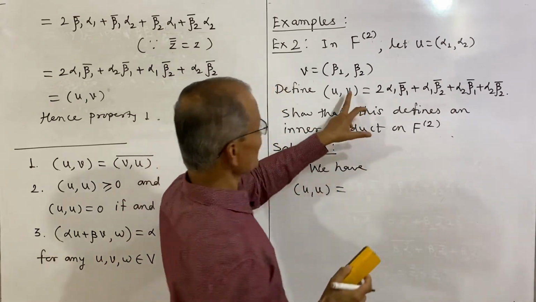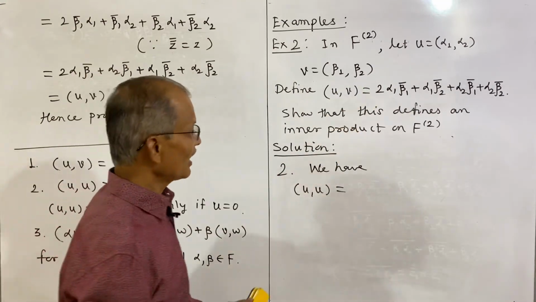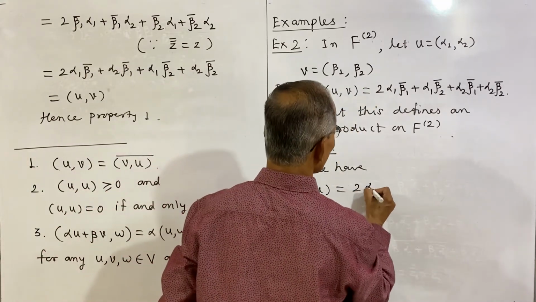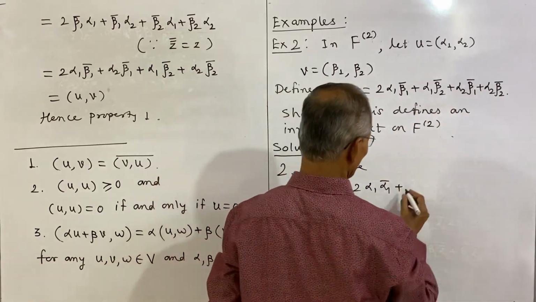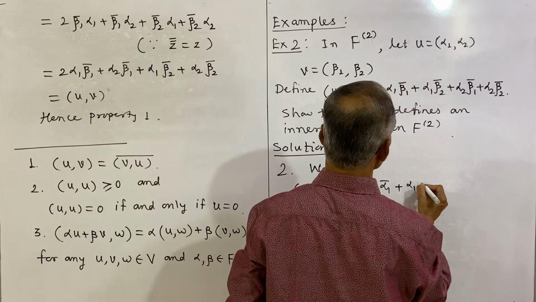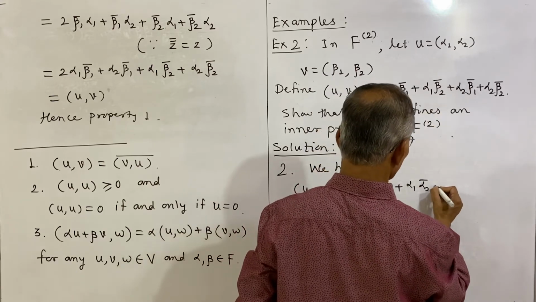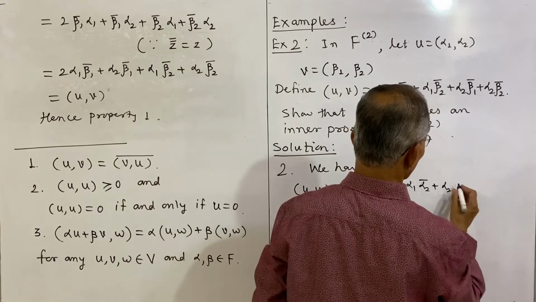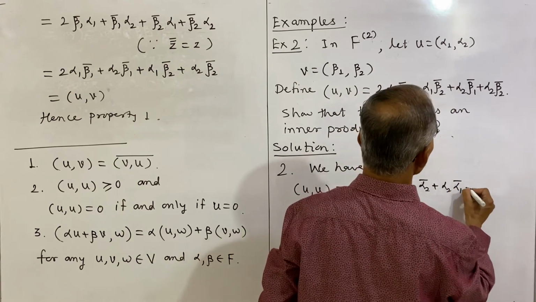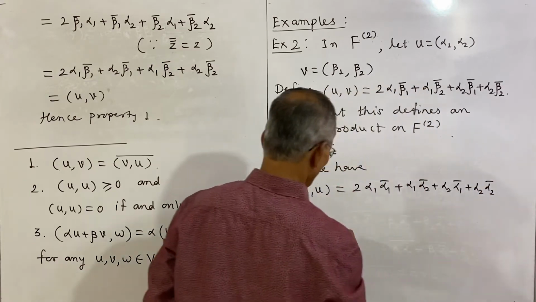By this, you see, v is replaced by u, which means beta will be replaced by alpha, and that is alpha 1 conjugate alpha 1. In place of beta we have to write alpha 1, then this is conjugate alpha 2 plus alpha 2 conjugate alpha 1 plus alpha 2 conjugate alpha 2, and this is